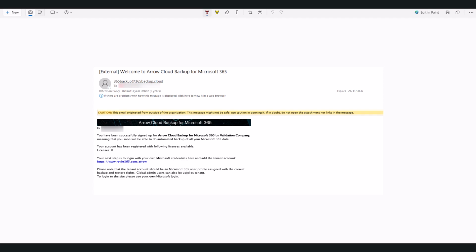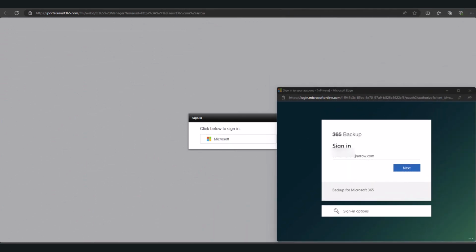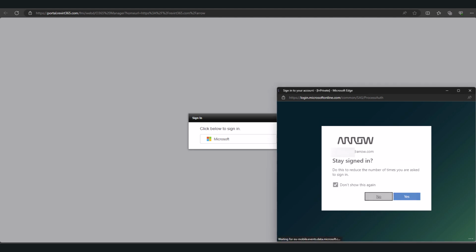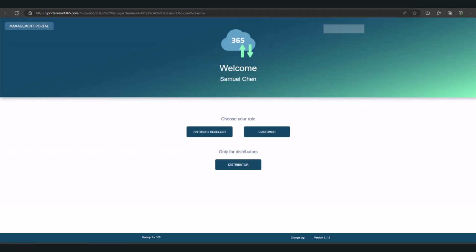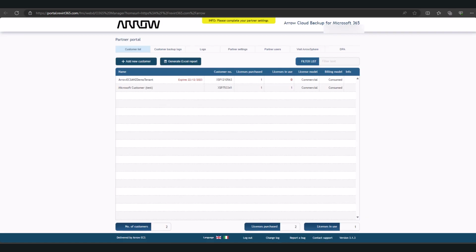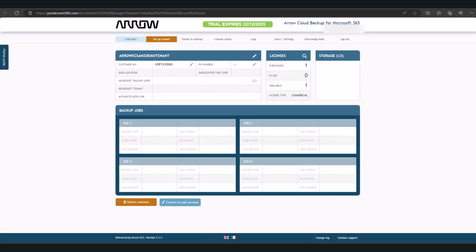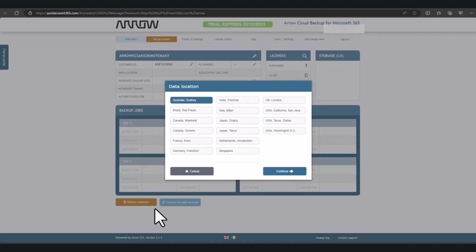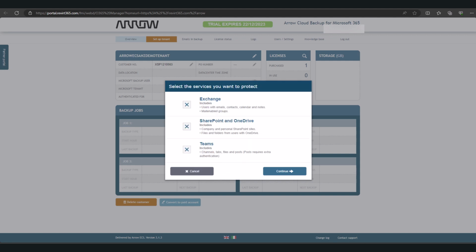So we log in with Microsoft 365. You need to use your email address. And once we log in, there is some work that needs to be done at the backend. So ArrowSphere's demo tenant, we choose that tenant. We need to set up the tenant and choose the data center. The backend is IBM Cloud. So we choose Australia, Sydney,